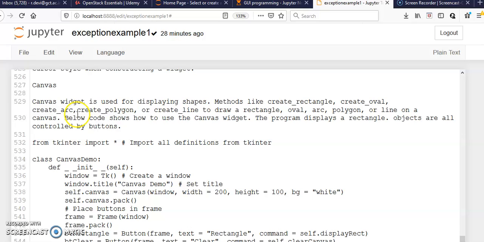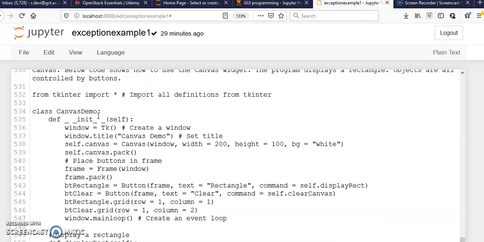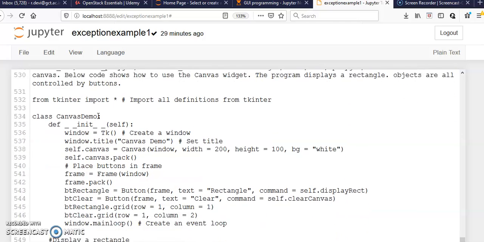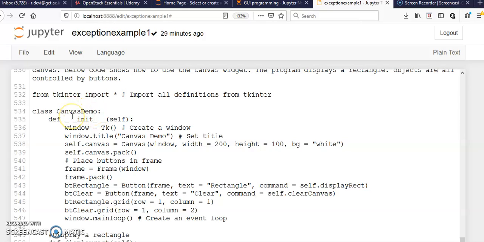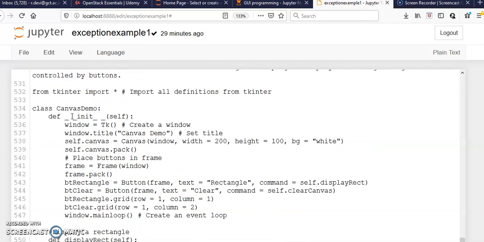The canvas widget is used for displaying shapes, with methods like create rectangle, create oval, create arc, etc. So we can use this canvas widget for displaying different shapes. So this is the program. In your textbook you will have a lengthy program, so I have shortened it for drawing only one rectangle shape.